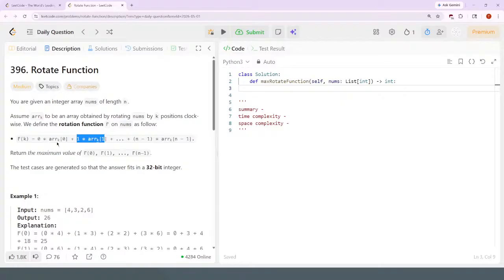Interesting. The rotation function multiplies the elements of the array by their index, multiplies the value by the index, and takes the sum of those products. Return the maximum value of F0, F1,